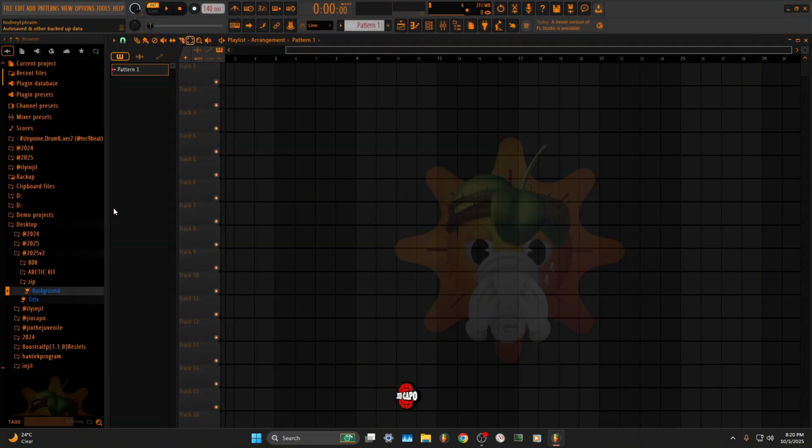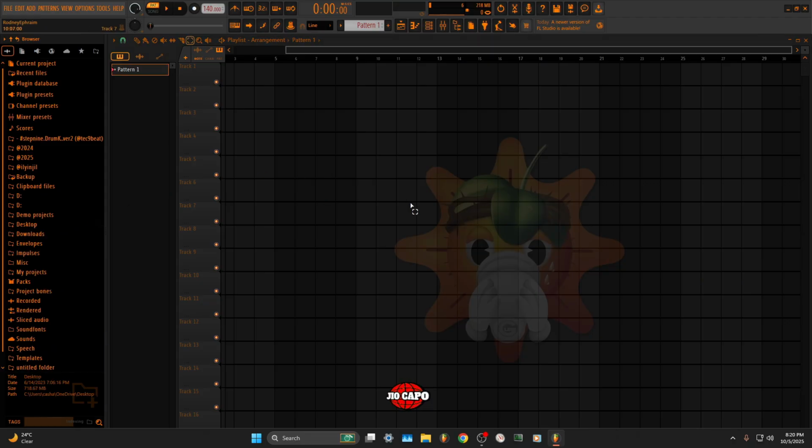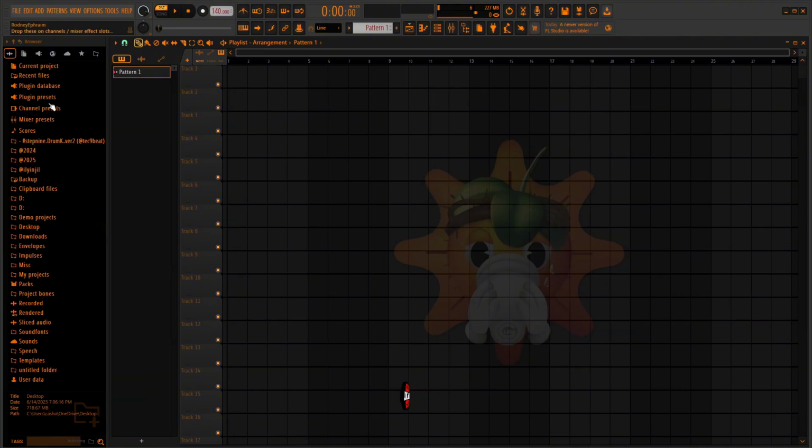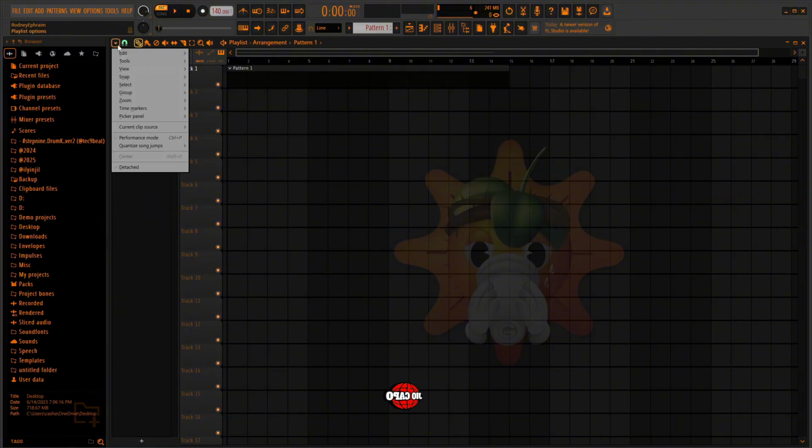But yeah, that's just for the simple stuff. So now we have our background image that's transparent, and we have our orange theme, okay? So now what else can I show you? I also want to show you, you see how my patterns look like this. If we were to go to view